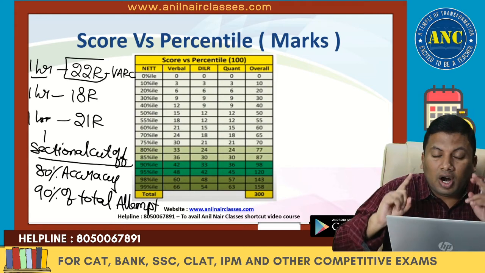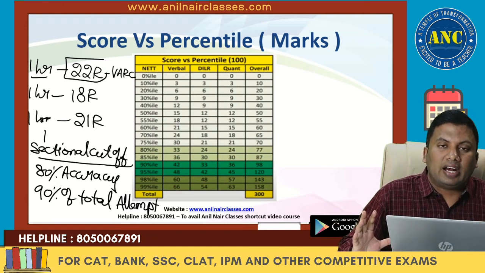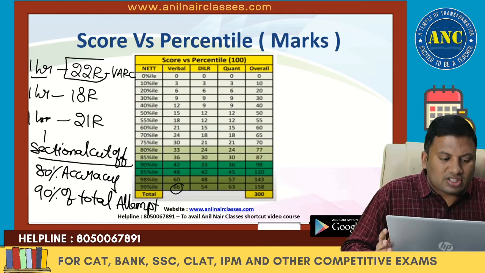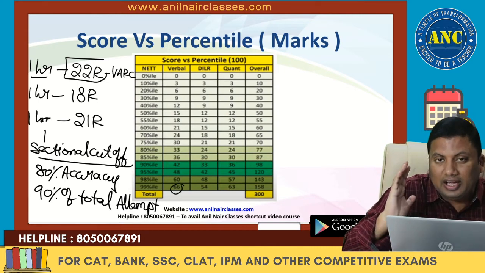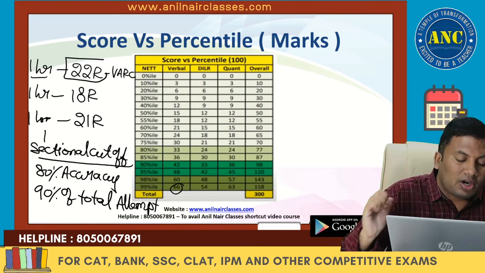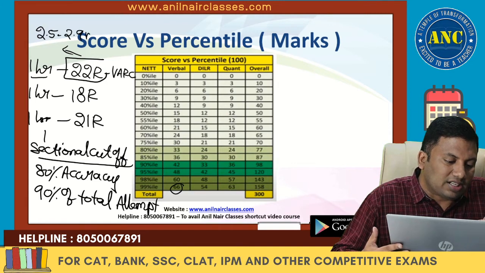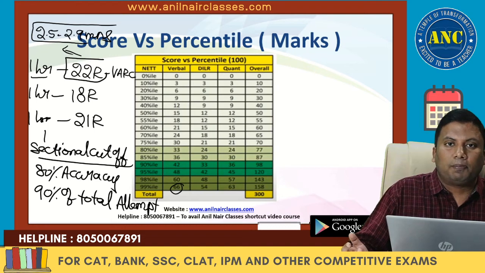Remember, you are not expected to get all right to get 100 percentile. A healthy 66 marks, which is 22 right, means you can safely ignore 12 questions and spend more time on 22. Even if you spend close to 2.5 to 2.9 minutes and get all of them right, you are almost at a 99 plus percentile.